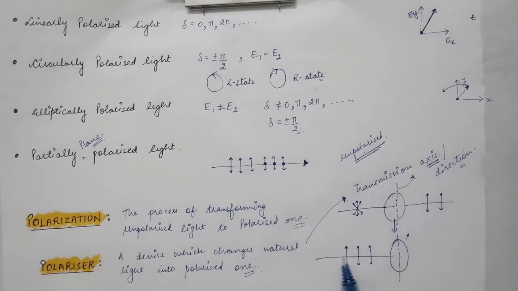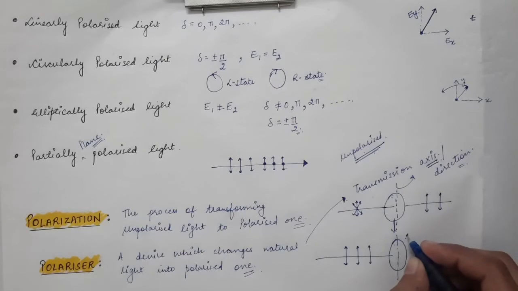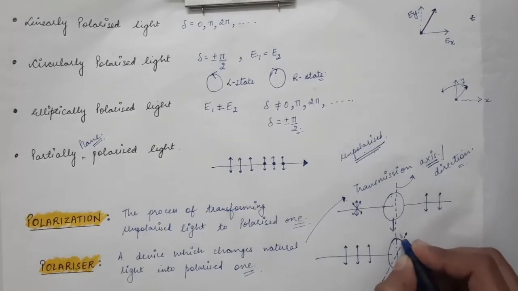But over here the vibrations of electric field are along the transmission axis, and the transmission axis or transmission direction is the direction along which the electric field passes through the polarizer. So these electric fields are parallel to the transmission axis, so they will easily pass through the polarizer. So whatever will be the EM wave on the left hand side, the same will appear on the right hand side. So there will be no variation in the intensity; it will remain the same. Now what happens when we tilt this polarizer? When we tilt this polarizer by some angle, let's say by some angle theta.